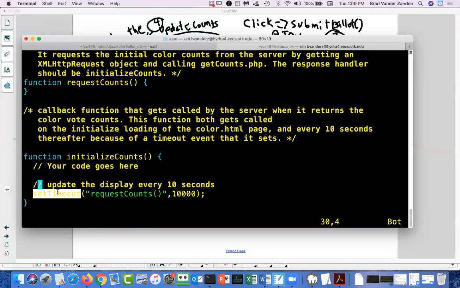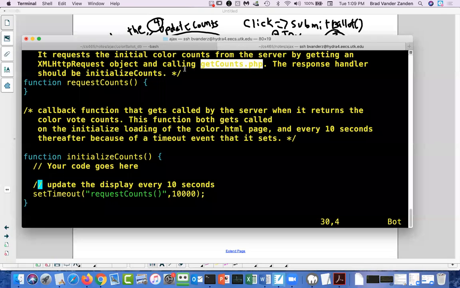So the set timeout every 10,000 milliseconds or every 10 seconds is going to call request counts. Request counts, as I said, is going to send an AJAX request object to the server calling get counts to get the counts. Now, a couple last things before I let you go.